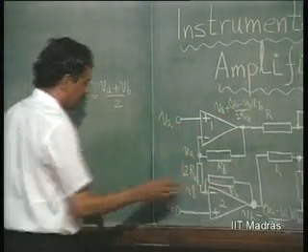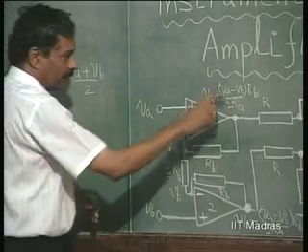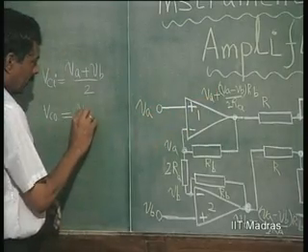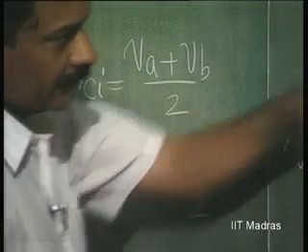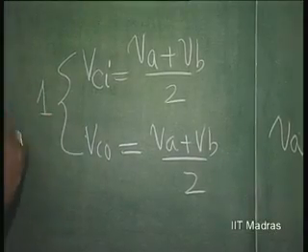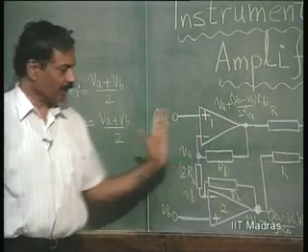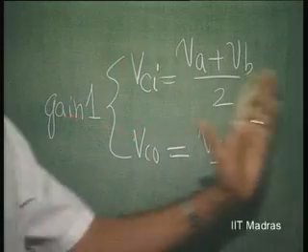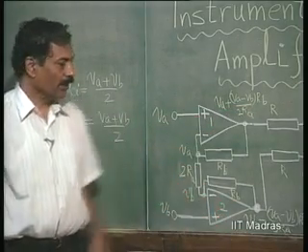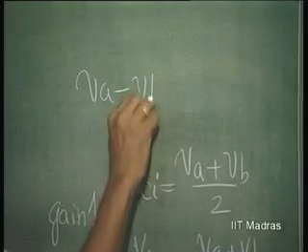At the output, VCO here is again equal to VA plus VB by 2, because these two get cancelled. So, the common mode voltage remains the same, gain is 1. By introducing this stage, as far as the common mode voltage is concerned, the gain just remains 1. The common mode input is VA plus VB by 2, here also it is VA plus VB by 2. But as far as differential mode is concerned, here it is VA minus VB at